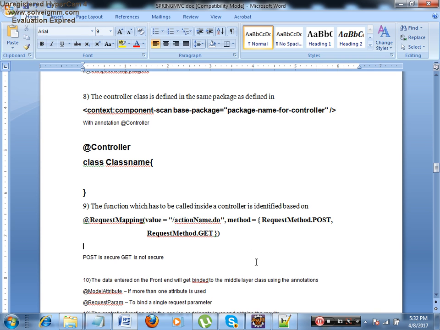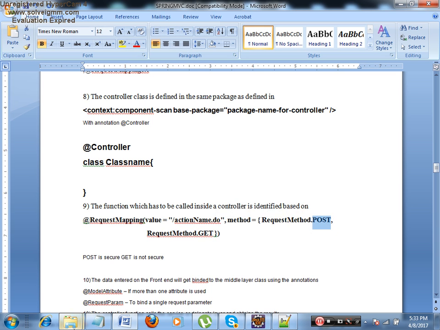Then after that, method. In all the functions I am giving the method as request.post or request.get, both are acceptable. You can use even request.post alone. If you use request.post alone, it will be secure, the data will not be visible on the URL. If you say request.get, it will not be secure. Generally in the industry, request.get we will use for retrieval operations and post we use always for the submission operations. Therefore if you want your request to be more secure, you can use request.post, the method.